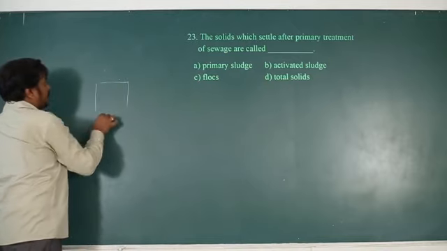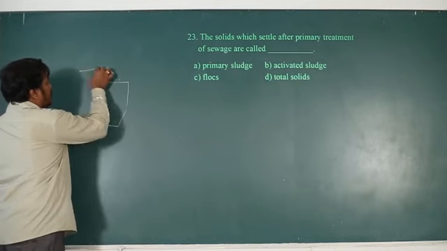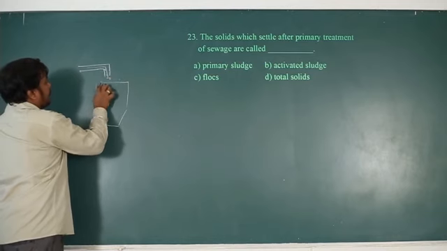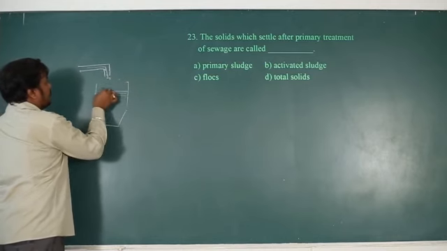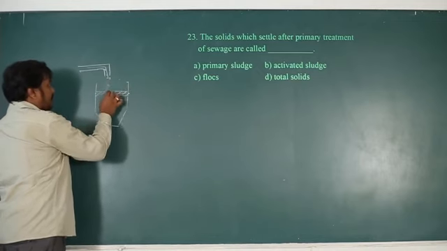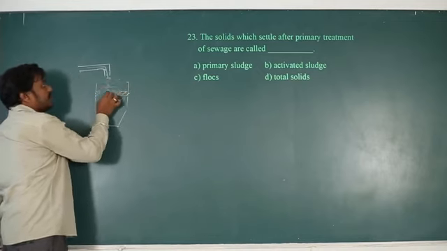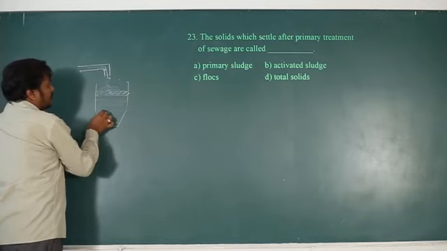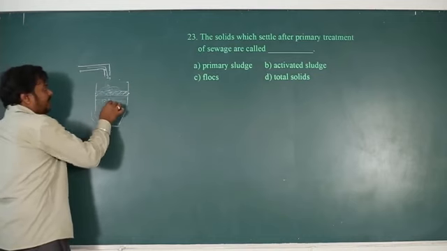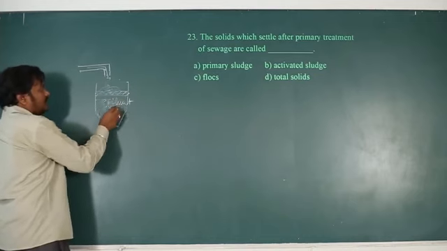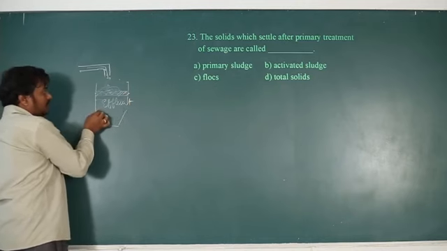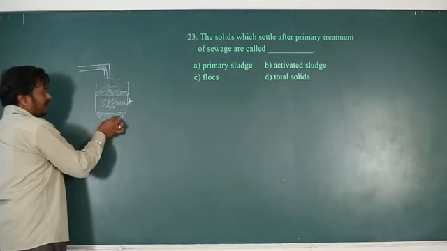In the first tank, the sewage water is pumped into one tank which is provided with filters, where water is made to fall and physical debris is collected. Then the water is filled into the tank. That water is called effluent. They leave it like that for a few days. What happens is, whatever has passed through the filter and come out settles at the bottom. Okay, that is called